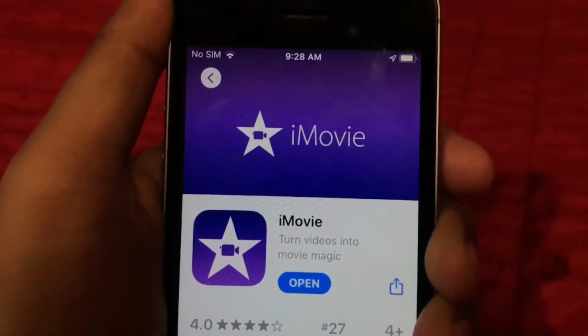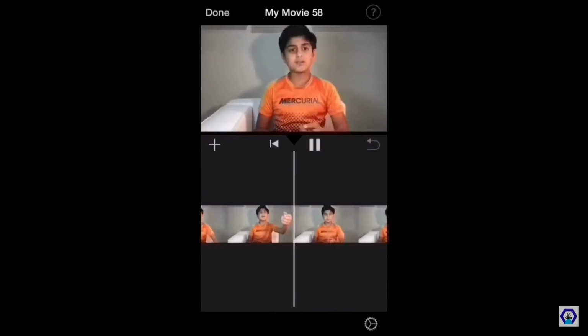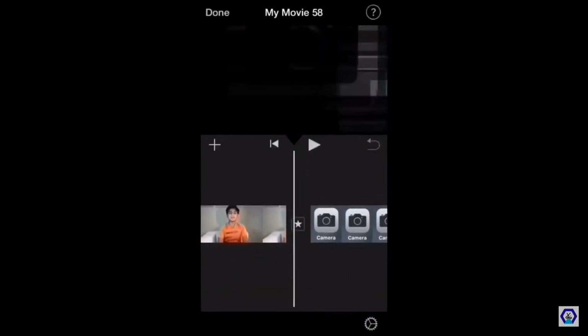I'm sure you already know what it is. It's a free, simple, and easy to use video editor by Apple that anyone can just pick up and start using in about a day. And I really like this video editor, so it became my mainstream editor for a really long time. Until now. It all started when my friend Jenna from Rose Plays Roblox asked me, "Hey, can you help me